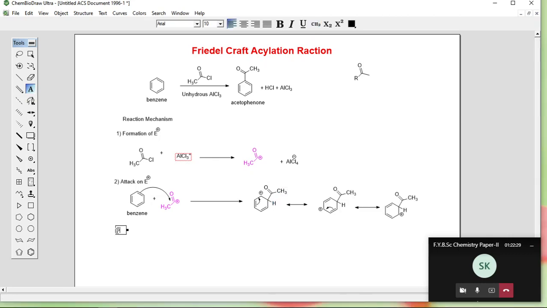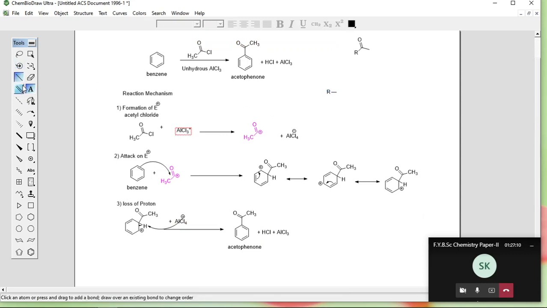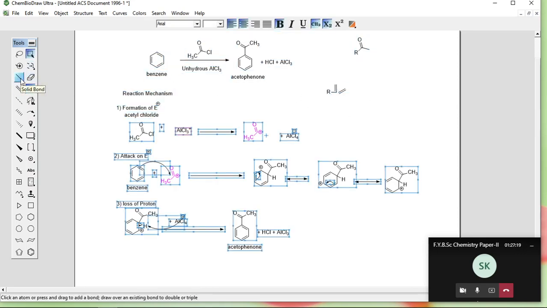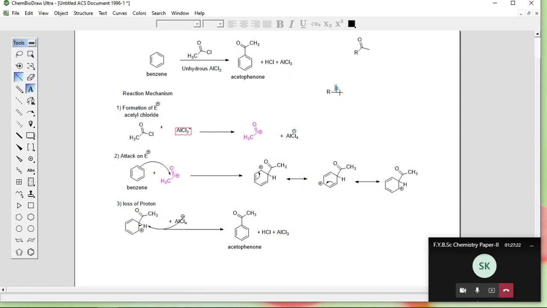CH3 here, acetyl chloride. You can use any organic acid chloride. This R may be ethyl, methyl, propyl, butyl or an aromatic group. Same, instead of this acetyl chloride you can use another acid chloride, and you will get the acylation of the ring. And you can also use